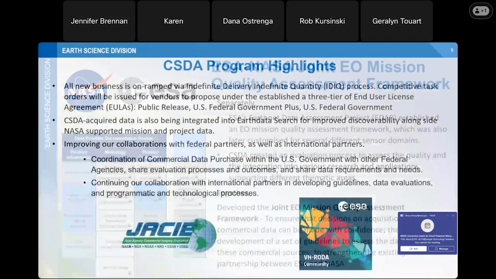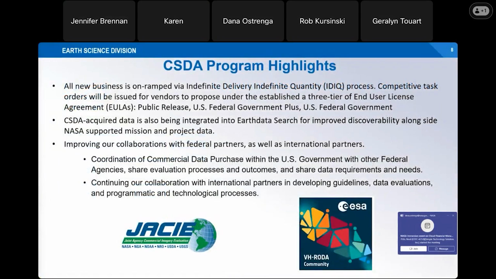I just want to take a moment and emphasize a few quick areas in the program that we've been focused on in the last year. So all new business that's brought in is through an indefinite delivery, indefinite quantity process. Our commercial partners compete for task orders under a 3-license tier: public release, U.S. federal government plus, and U.S. federal government. NASA does not prohibit the use of the data as long as it abides by those EULAs. And if you're an authorized user, you can get access to any data as long as it's within one of